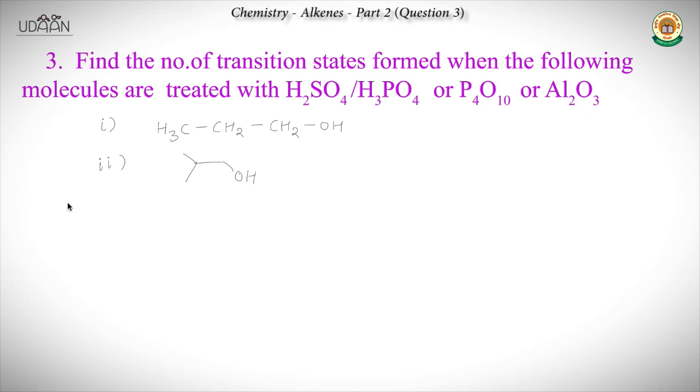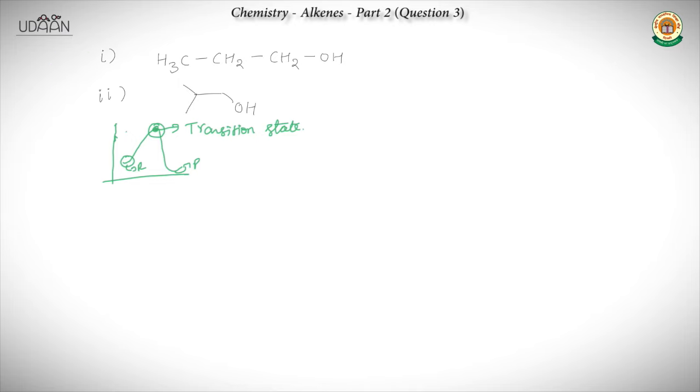To solve this, you need to know what a transition state is. Now, if you take any elementary reaction between reactants and products, you need to supply some amount of energy, which is called activation energy. Now at this highest point, you call this mixture the transition state. So in other words, you need to find out the number of elementary reactions present before the reactant gets converted into